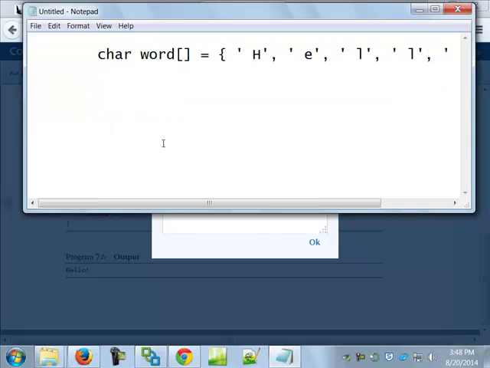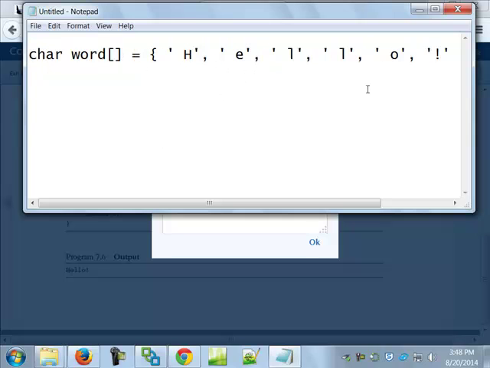I'm going to have to make it a lot smaller. Let me get rid of some of these blank spaces. That's creating, as you hopefully would understand, a character array. Inside of word sub 0, you're putting an H. Word sub 1, you're putting an E. Does that make sense? But I want you to understand something, and this is kind of important, that if I come through here and do this,